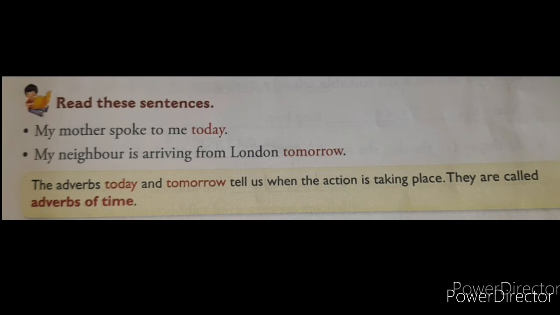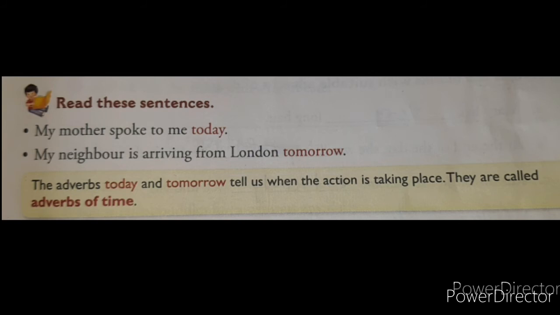What do we mean by adverbs of time? With the help of the above examples, we'll see. First example, my mother spoke to me today. And the next sentence, my neighbor is arriving from London tomorrow. In these two sentences, today and tomorrow are called adverbs. They are which type of adverb? Adverbs of time. Why? Because these two adverbs, today and tomorrow,